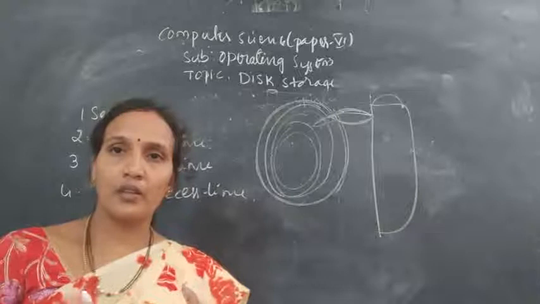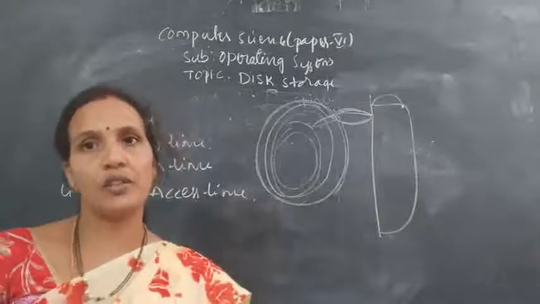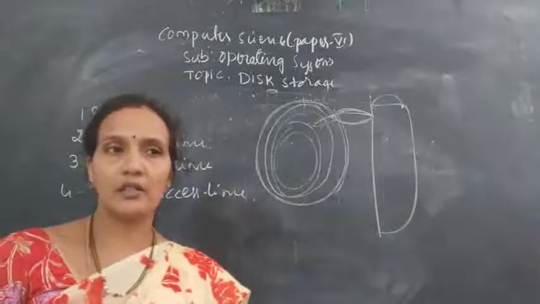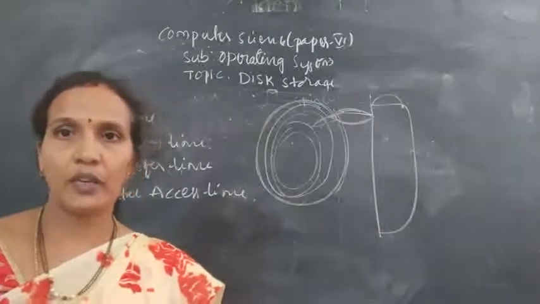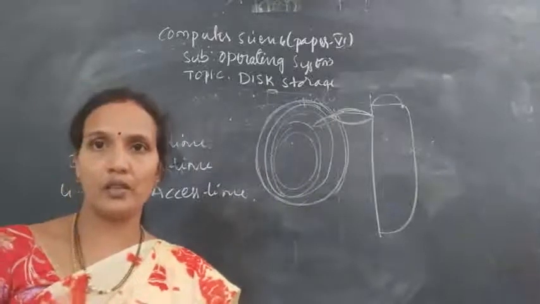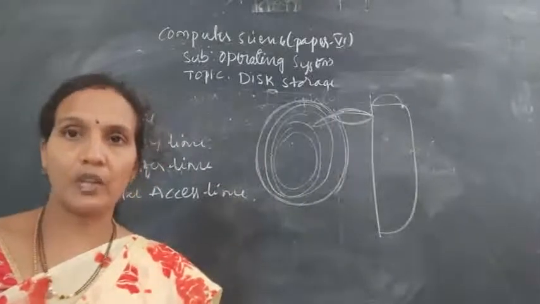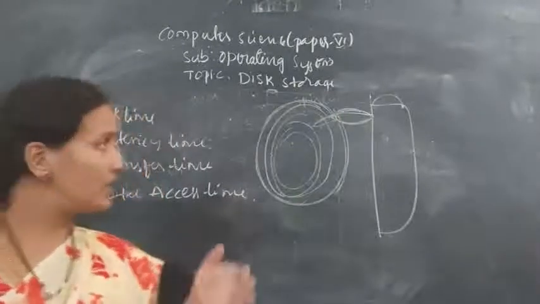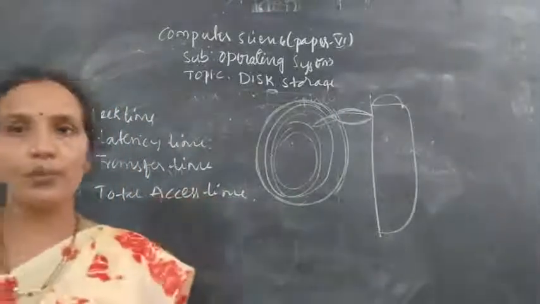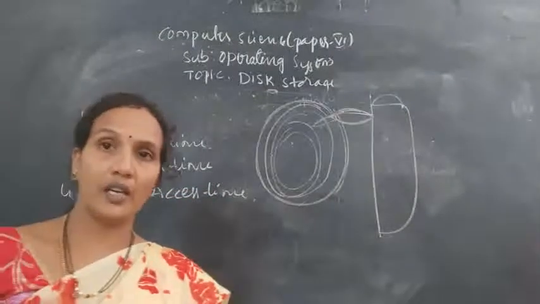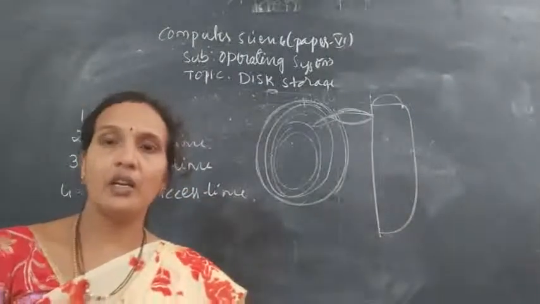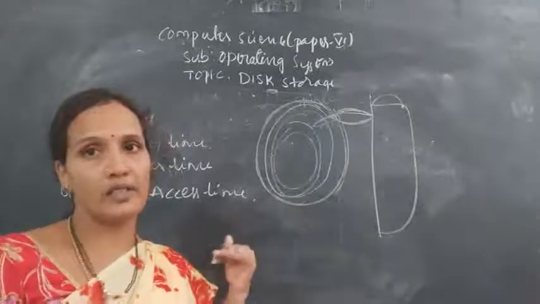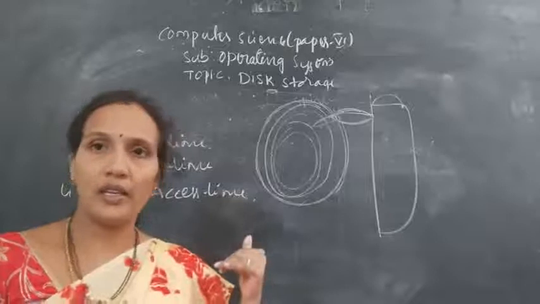it means the disk is providing a quick response to the user, and if it is more, the throughput is very less. It is not responding to the user within the required time. So the response time is slow if the access time is more. Clear? So whenever you are storing or reading any content on the hard disk, you need to check the total access time. Total access time should be less.